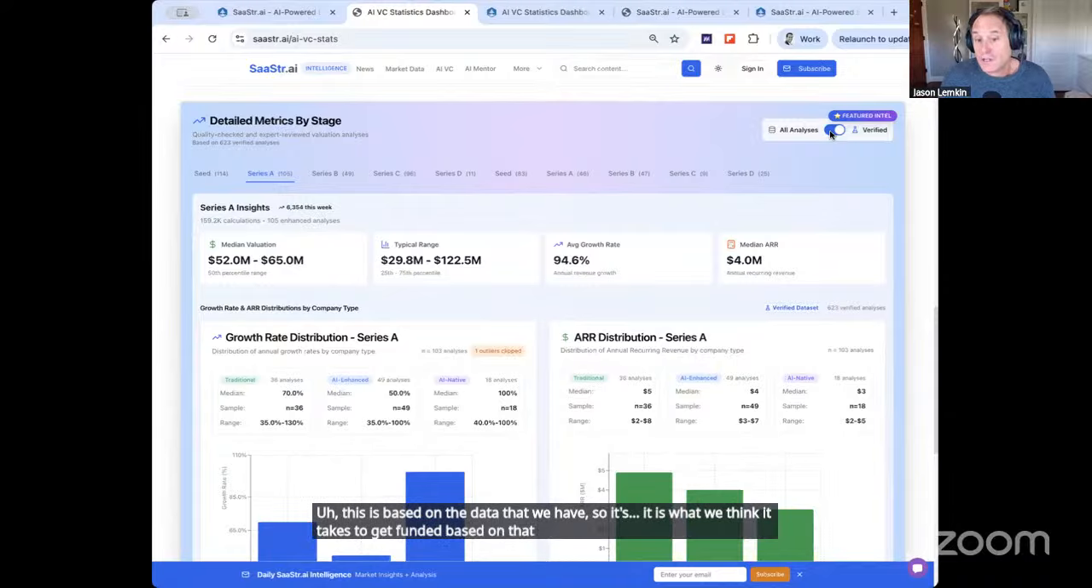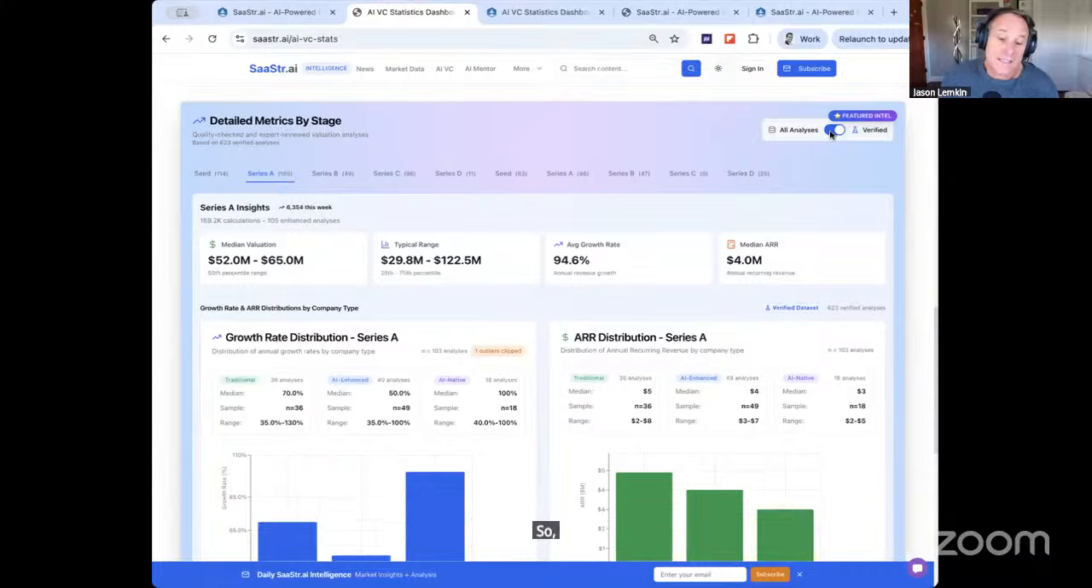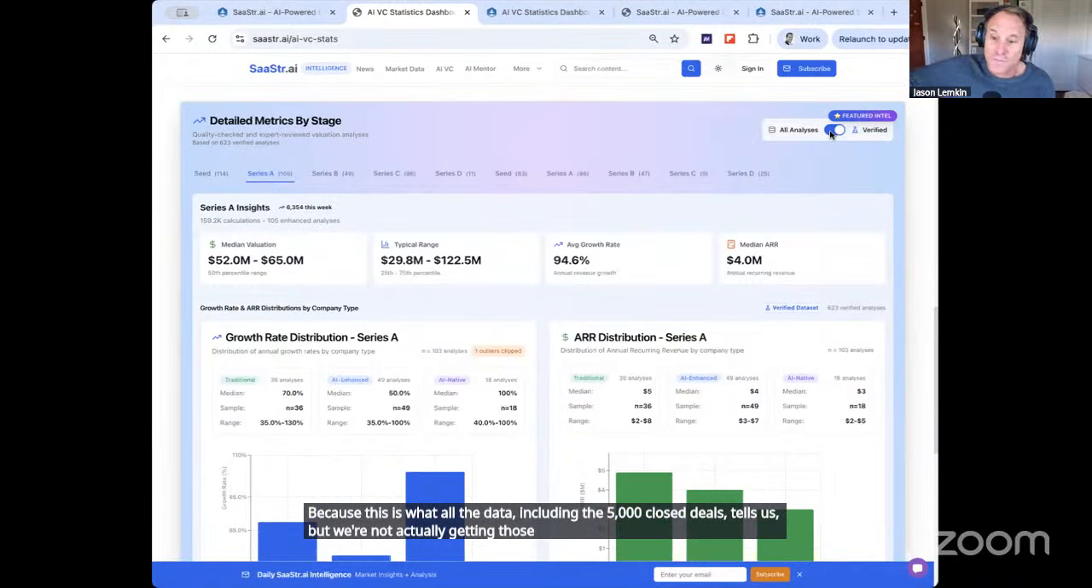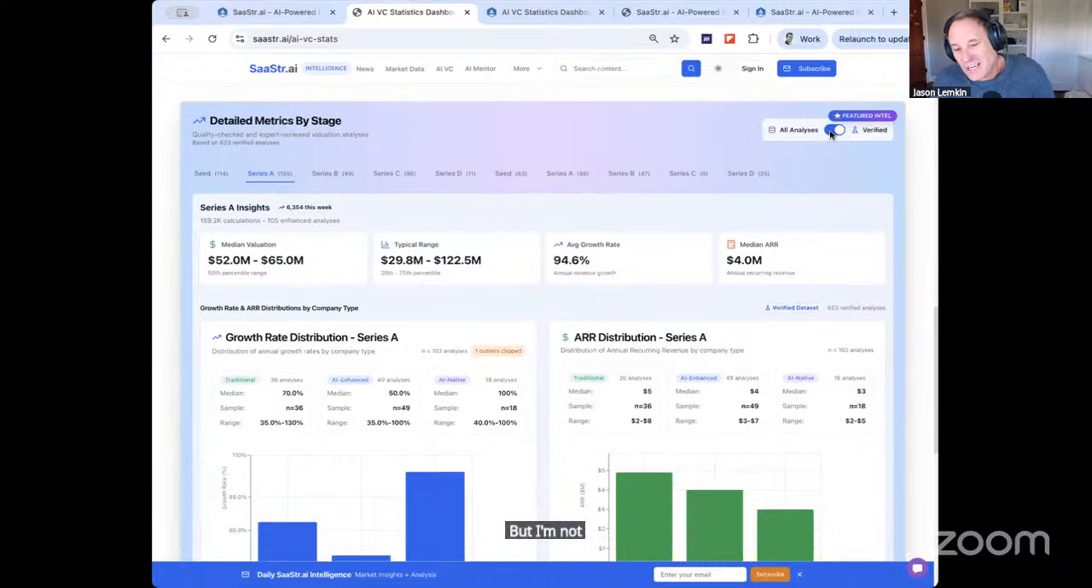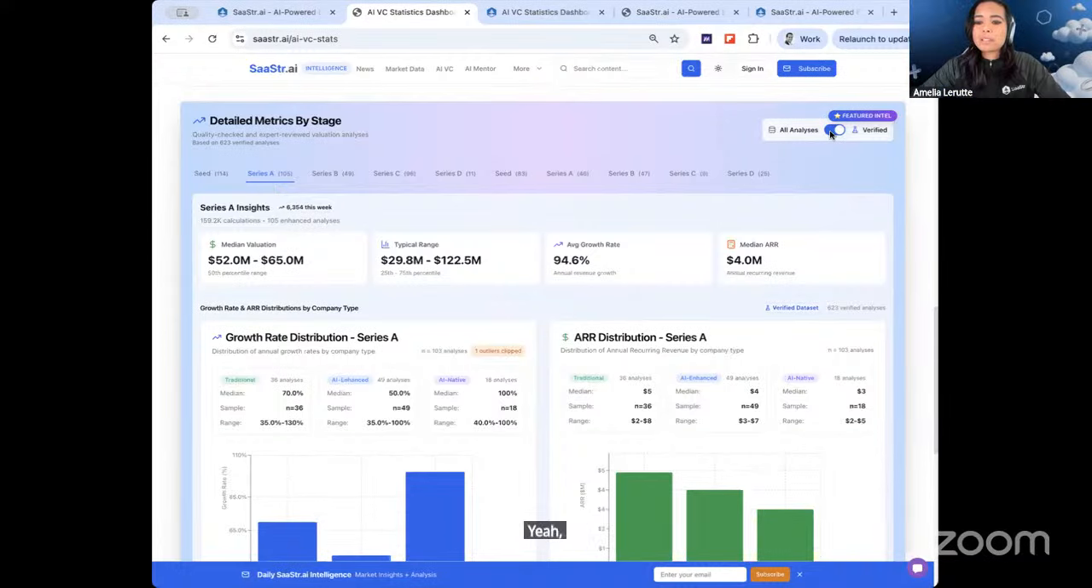But these are not closed deals. These are deals that have been run through our system. So I guess in that sense, this data is slightly worse because this is what all the data, including the 5,000 closed deals, tells us. But we're not actually getting those deals back from founders and then rerunning them through the system. But I'm not sure there's a huge difference. But that's the answer. Yeah, related, are there benchmarks you have from the data that would show